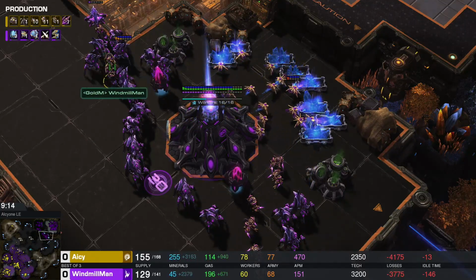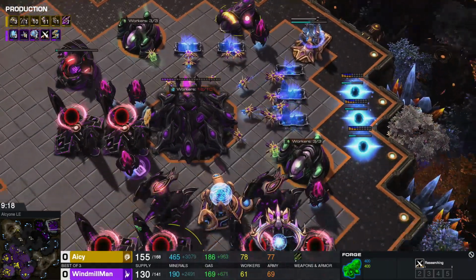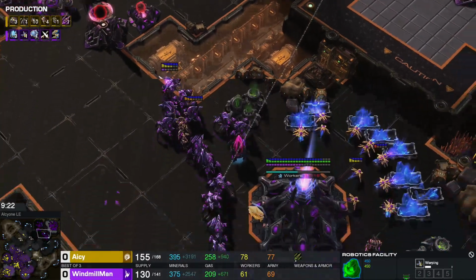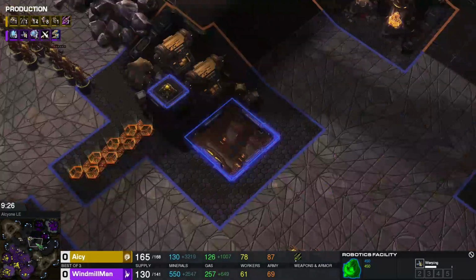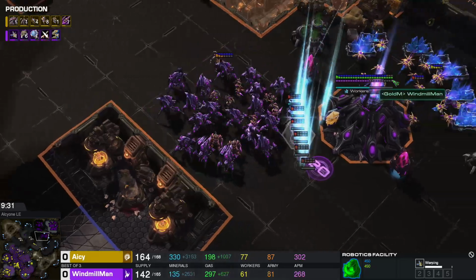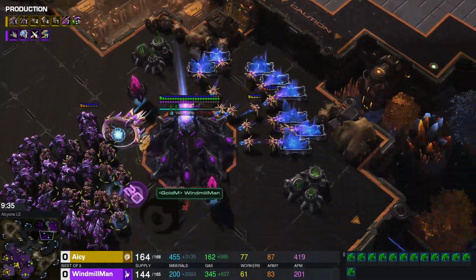Windmillman has quite a lot of Stalkers here. No upgrades just yet, though. It's plus one just starting up now. But it doesn't really have anything to deal with a large Hydra count, I don't think. Yeah, I think Stalker's not particularly great when it comes to fighting Hydras. You really need some sort of splash damage. You really want Storm, ideally. Yeah, Colossus would be decent as well, but I'd really like to see a Templar Archives and the 5th and